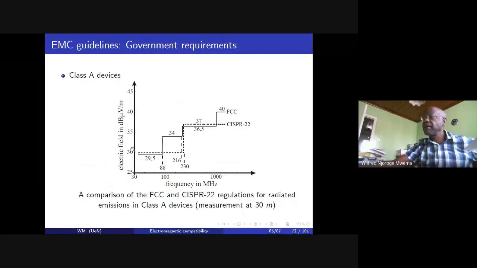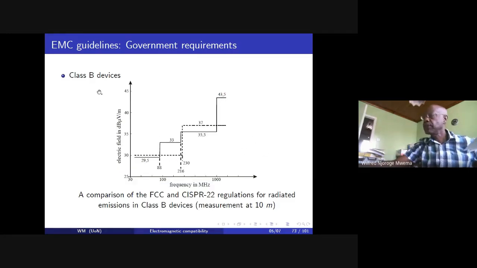These are the values that we have here for class A. We have the FCC standards in complete line, and the CISPR, which is flat all the way to 230 megahertz and then goes to another value which is very high. For this particular case, the differences are not very significant. We see that the CISPR 22 regulations may be much easier to regulate, but they are stricter than the FCC below 230